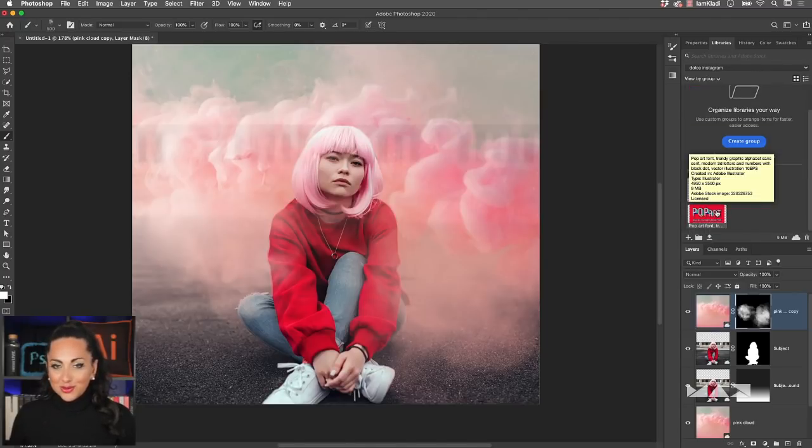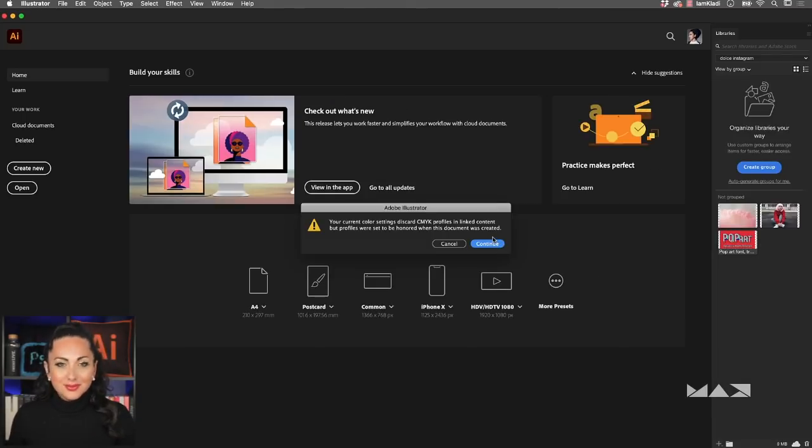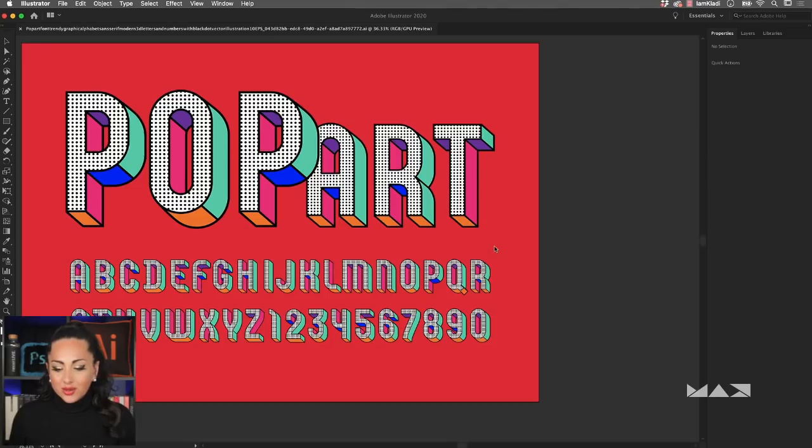And if I want to start to use each single letter, all you have to do is double click into your asset. And from Photoshop, you will have Adobe Illustrator launching and opening the file for you right away. Now, Illustrator is letting you know that you're working with an RGB mode, and the settings of this document are CMYK. It's asking us if we can discard these color settings. So I'm just going to click on continue.